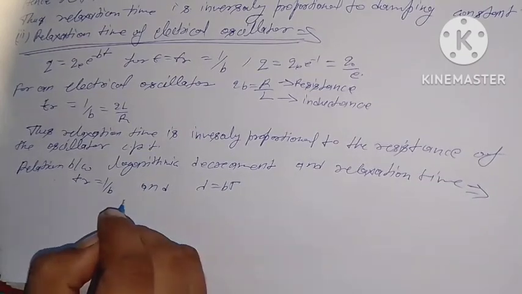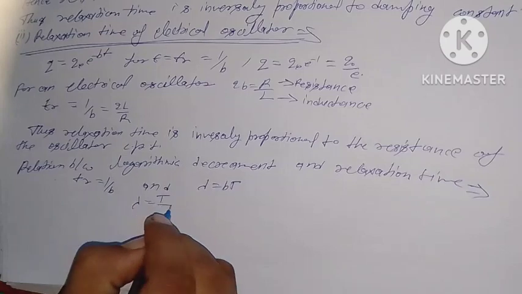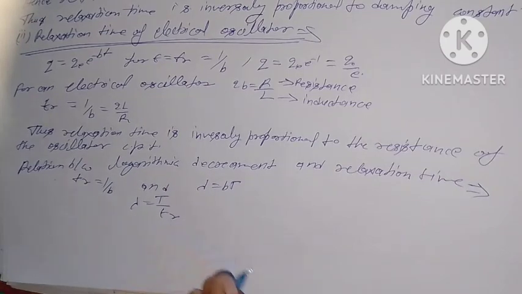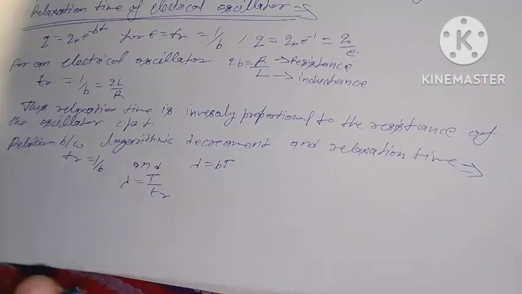Then lambda equals capital T by TR. Thus the logarithmic decrement,